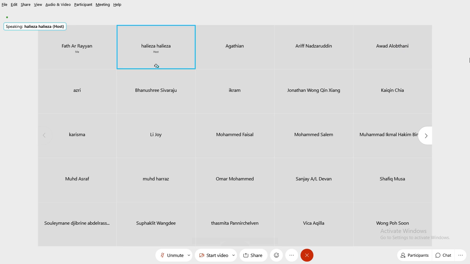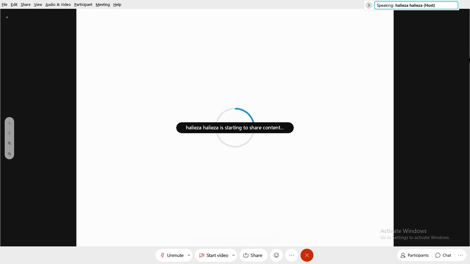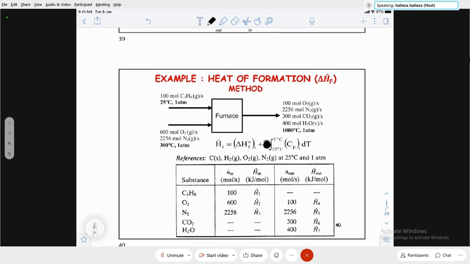Yesterday we did two examples on how to solve the energy balance using the heat of reaction method. Today we're going to continue, but we're going to look at it from another method, which is the heat of formation method. You can see the screen now. If you are using this heat of formation method,